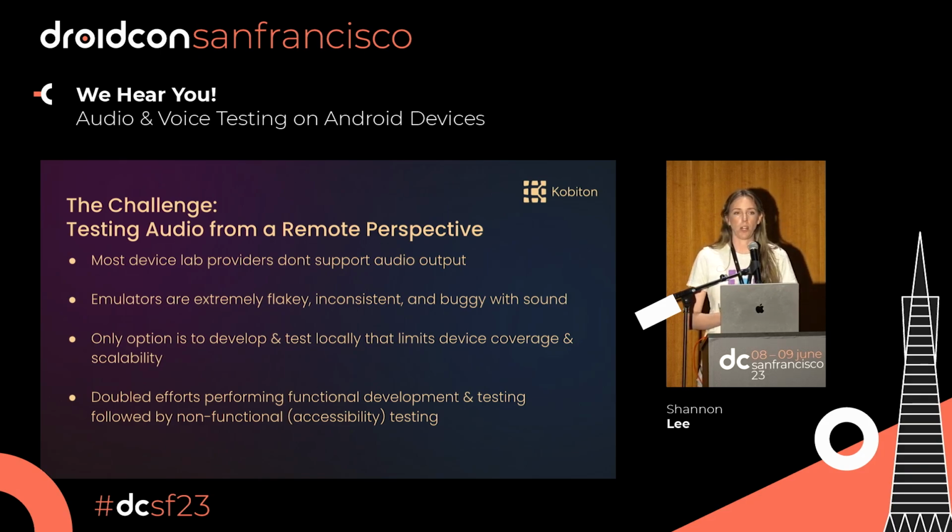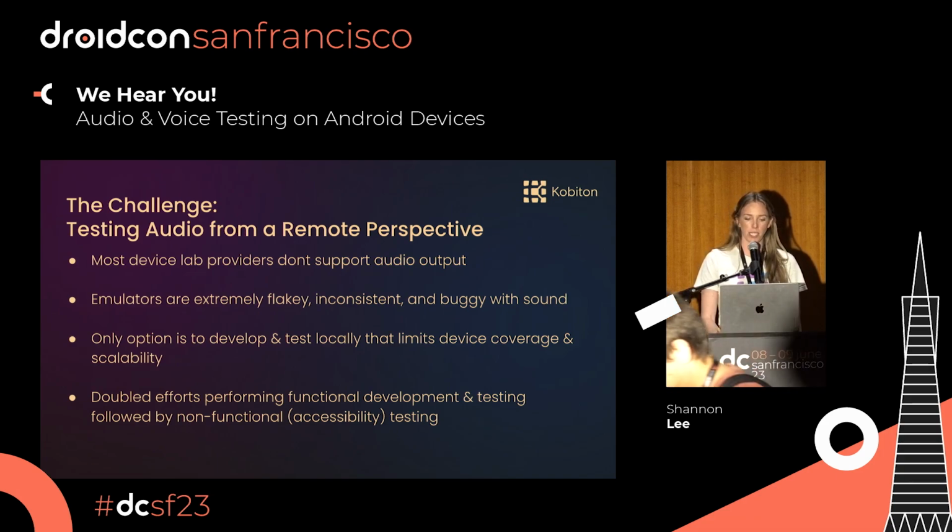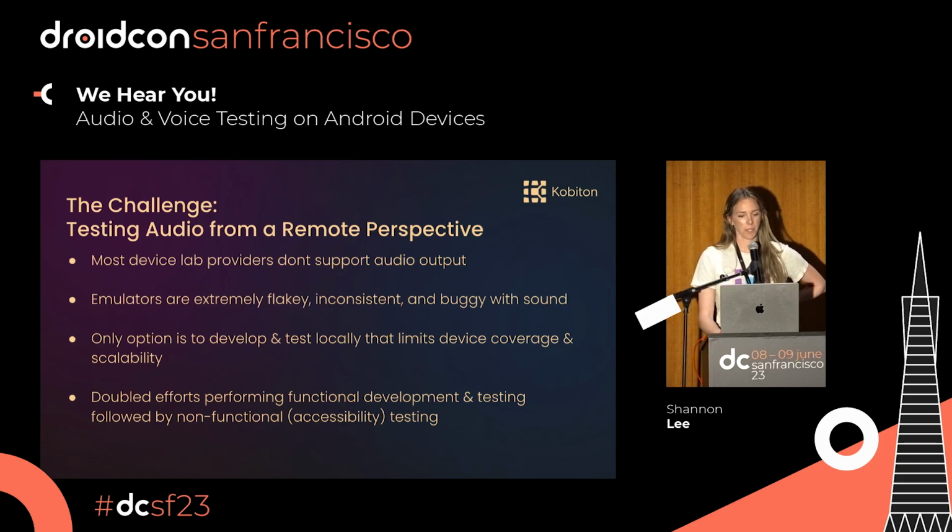A lot of times teams will also hand off physical devices to teammates. That in itself can be very cumbersome when you have a ton of floating physical devices, keeping track of them, procuring them. Sometimes you don't get the devices back if that individual were to leave. So physical devices are just hard to manage, and on top of that, hard to scale device coverage. With that, it limits your scalability, which just adds more work to your workload. As I mentioned, double efforts in performing those functional test cases, as well as those non-functional test cases, such as accessibility.